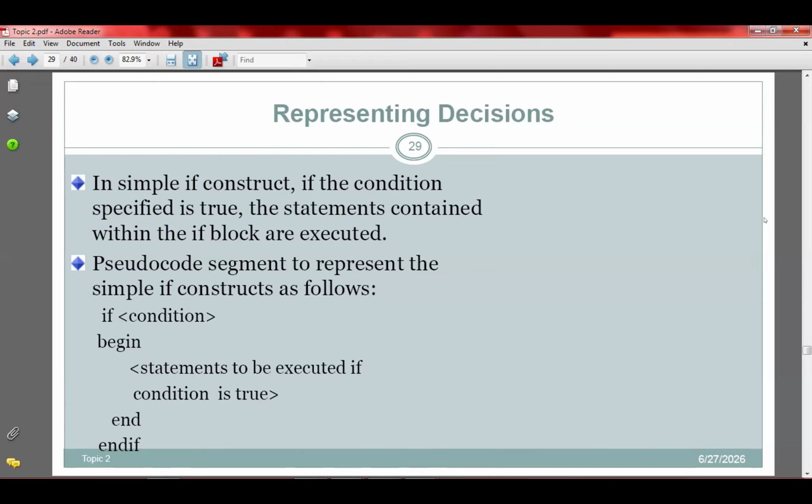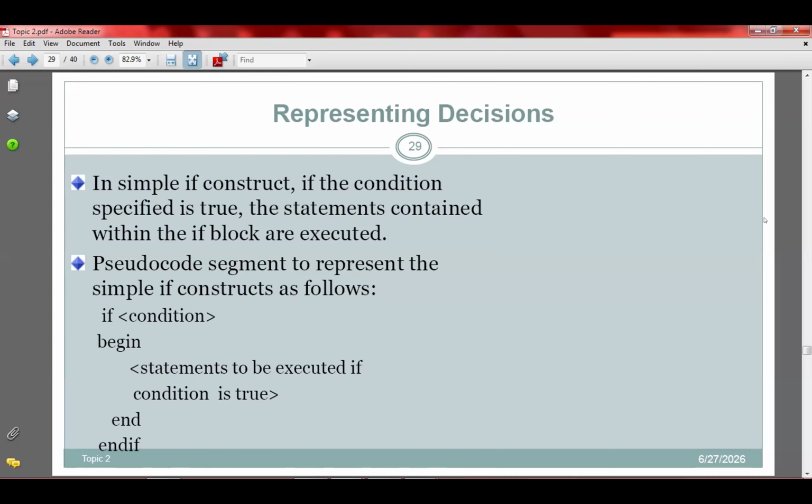So for example, we are in the rainy season. In case I'm about to go out and I say, if it rains, then I'll take a raincoat. If it rains, then I'll take a raincoat. So the condition for me taking the raincoat is for it to rain. Assuming I'm going out and it doesn't rain, then I do nothing.